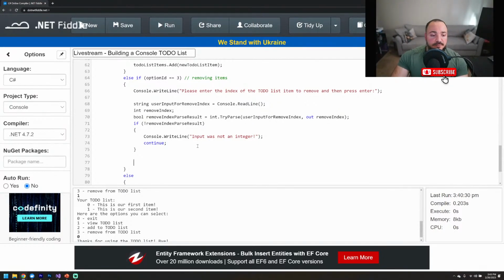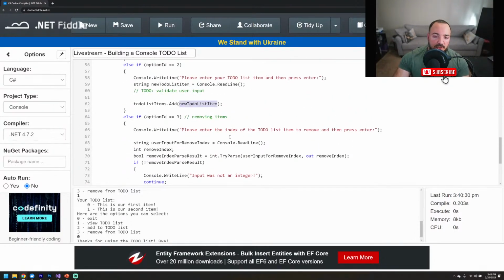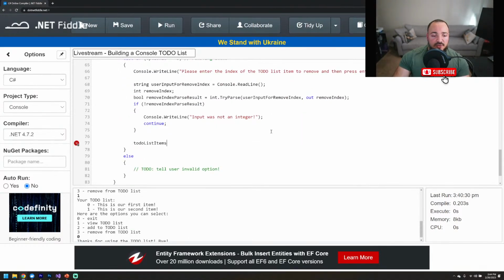So we can say, what did I call the list? New to-do list, or sorry, where is it? To-do list items, this right here. What I want to do is say remove at, so that's a function that we have available to us on the list type. And we can remove at the index, which we said is called remove index. And it compiles, like it's not complaining, so let's go try it. If I say run,